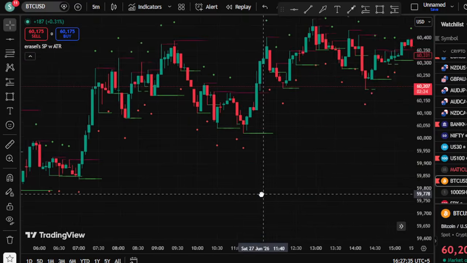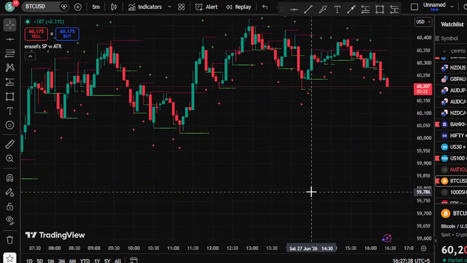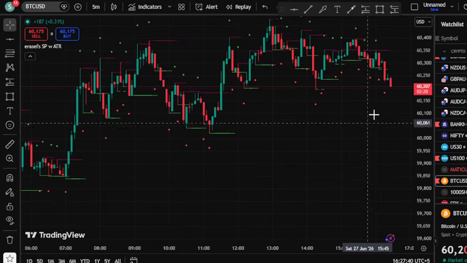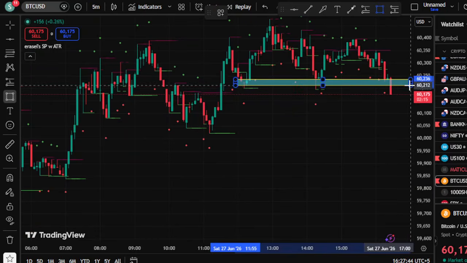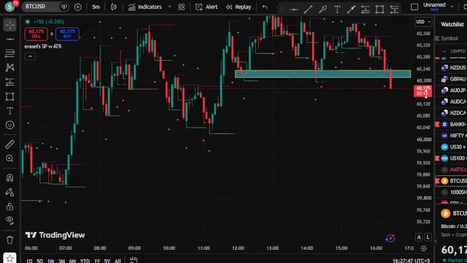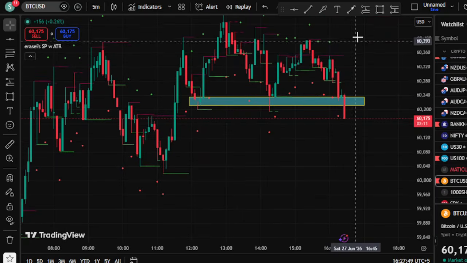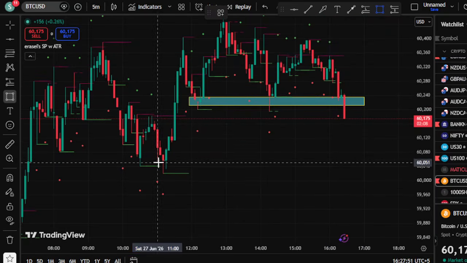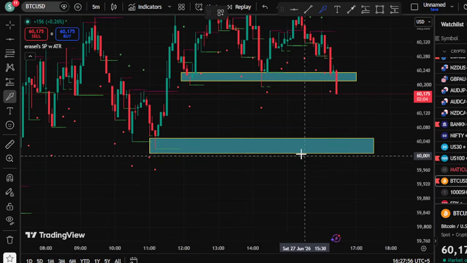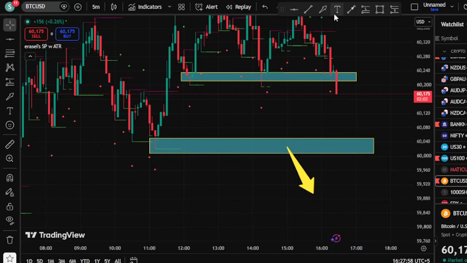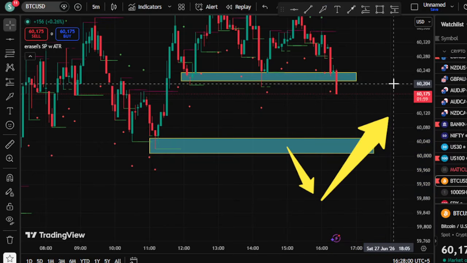Similarly, it doesn't matter what asset you are in. Now if the price is coming down, why? Just look at this one. This is the support area, so the price is doing the liquidation right now. Another support area is available here, so I will not take the trade here either. What will be my recommendation? Once the price breaks that area as well and then takes the U-turn, then I will go for the trade. This is the simplest technique that I have taught you: take your trades after the liquidation,